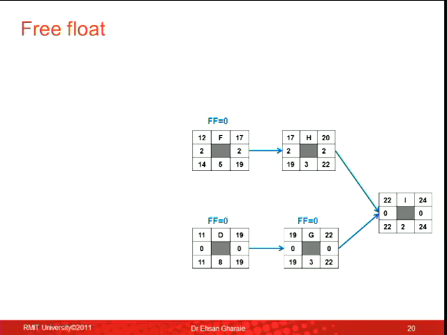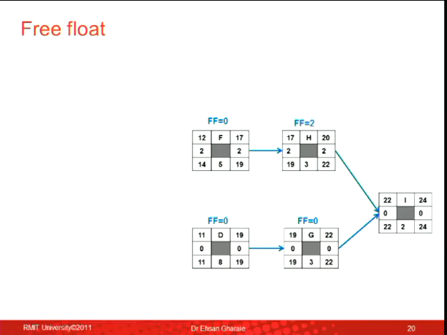So when I want to calculate the total float, I look into the box. Total float is in the box. I look at the late start, early start, late finish, early finish. That's total float. When I want to calculate the free float, I look beyond the box. I look at the next box. And I see that the finish of H is day 20, the start of I is day 22. It means I've got some flexibility between these 2. So the free float for activity H would be 2 days.